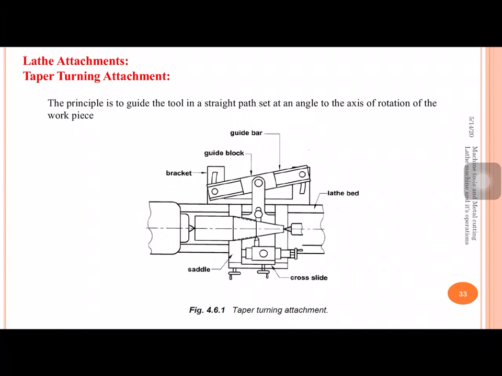The main purpose of the taper turning attachment is to produce taper cuts on the cylindrical work parts. That means we need to convert the cylindrical work part into a conical shape work part. So let us say this is the conical shape work part, and this is the axis of the work part.